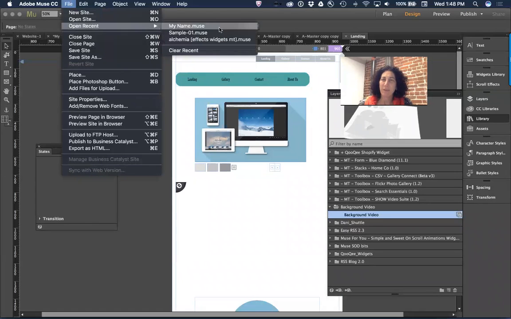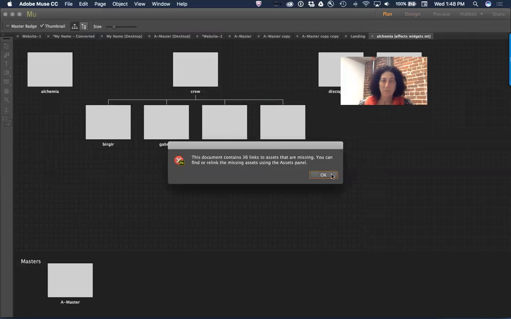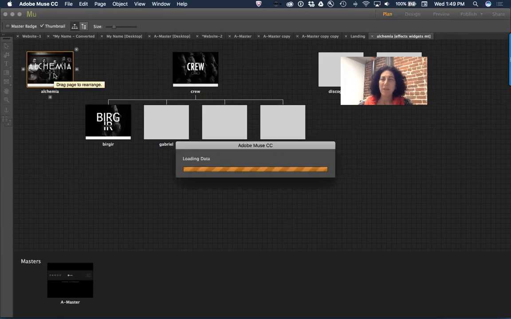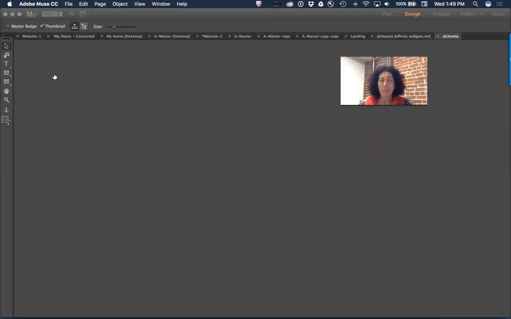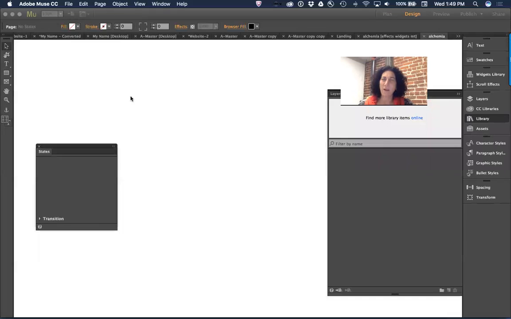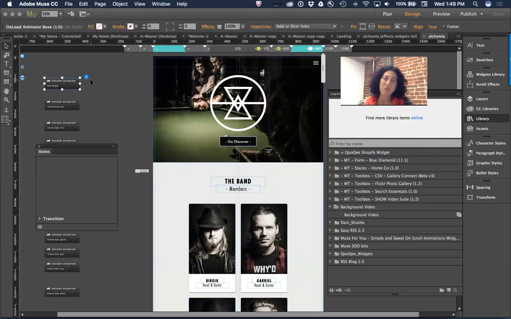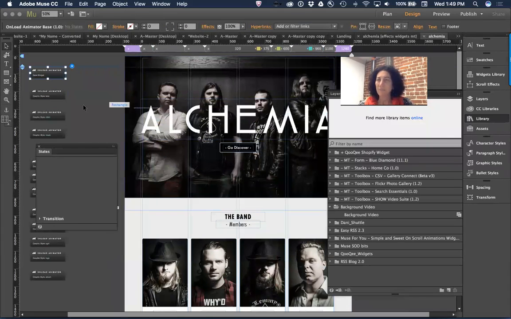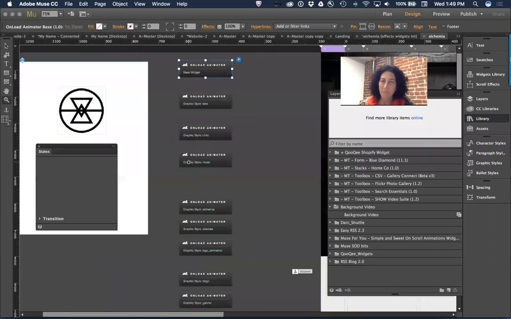If I open up a site that will be site of the day, I think on Friday of this week, notice if I come into a page here, this is for a band, I believe. And the designer wanted to just have some nice kind of effects applied here. Notice that this is using Muse Themes effects panel, but there's, for example, if I go to the largest breakpoint, there's the word alchemia. And if I come here on the side, there's an animation or an effect that's set up. So if I go to this guy right here,